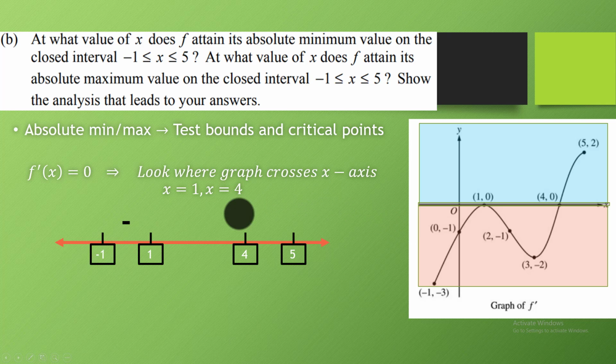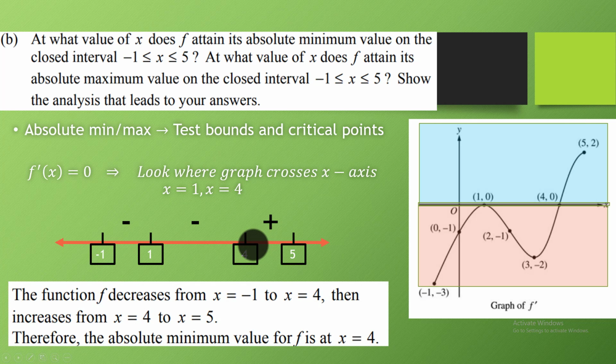So if we look between x equals -1 and 1, we're below the x-axis, so it's negative. 1 to 4, we're still below the x-axis, so we're still negative. And then 4 to 5, we are above the x-axis, so we're positive. So look at this x equals 4. That's the only place where we change signs. At x equals 1, we don't change signs. We just stay negative. But at x equals 4, we go from decreasing to increasing, which means we have an